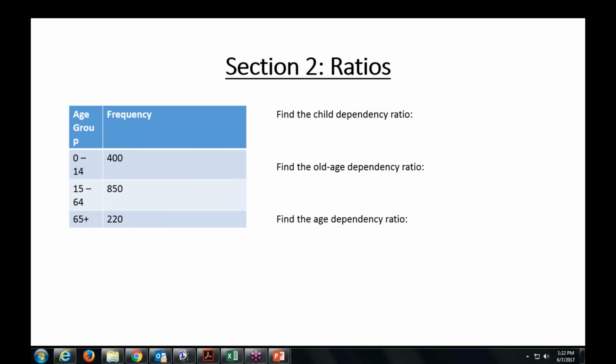Okay, so still in section 2, we have a lot of general ratios, and when you work through the packet, you're going to do a lot of examples of different types of ratios. Now, the other thing that you need to be aware of is the age dependency ratios. These are specific types of ratios, and to be quite honest with you, I never really learned about dependency ratios until I started teaching this class, and now I find it fascinating. So these dependency ratios are used to discuss economics, how the economy is doing basically overall.